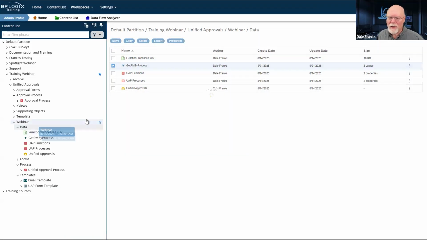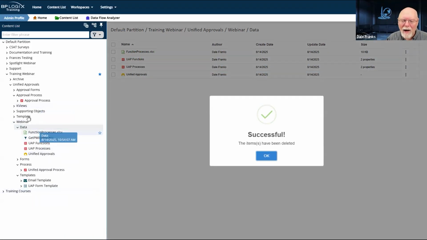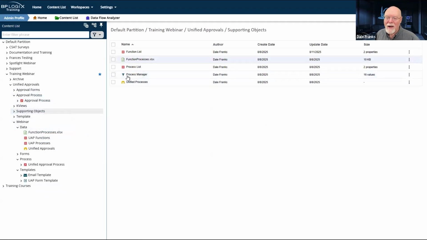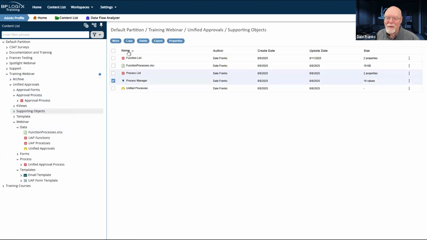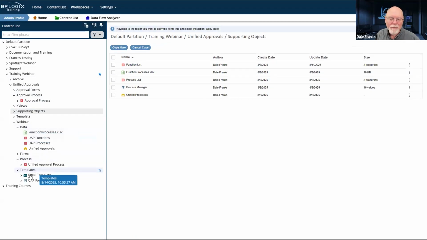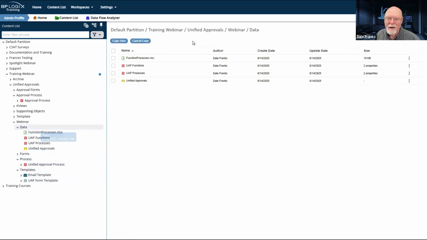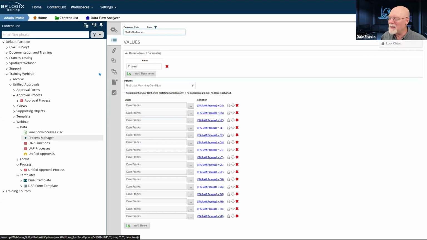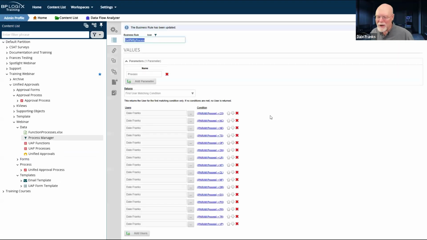Why am I not just deleting it? Thank you. What we're going to do is go up here into, I guess I put it in supporting objects instead of data, but that's fine. We're going to copy that, and come back down here to data, and copy it there. And I'm going to change the name to get PM by process. And there we go.